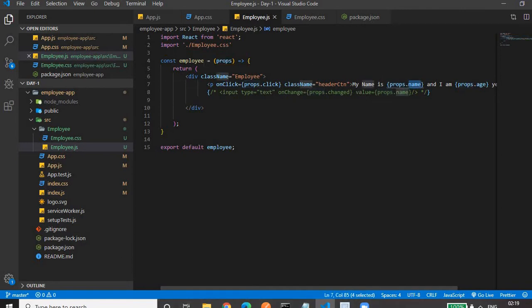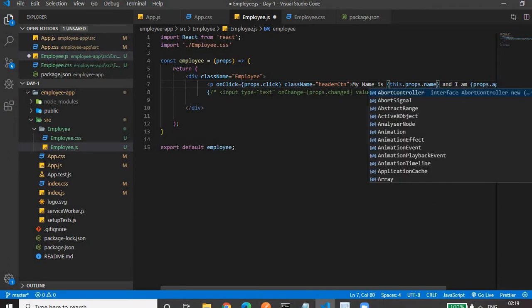Let's suppose this employee is a class component. Now currently it is a functional component. Let's suppose it's a class component, meaning a class Employee extending the Component class. Then it will be a class component. In that case we have to use this.props. Only props is not accessible in the class component.